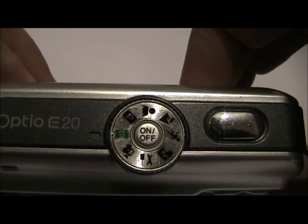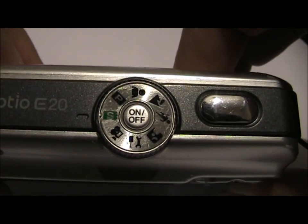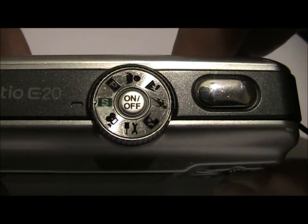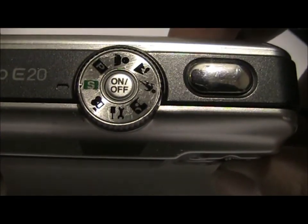And what we're going to look at here is taking a photo in full auto mode. On my little Samsung, it's on the mode dial indicated by an S. On most other cameras that will be a red picture of a camera, or it might be an A letter. Okay, so the first thing to do is turn the camera on,